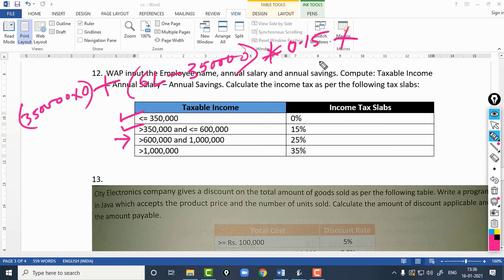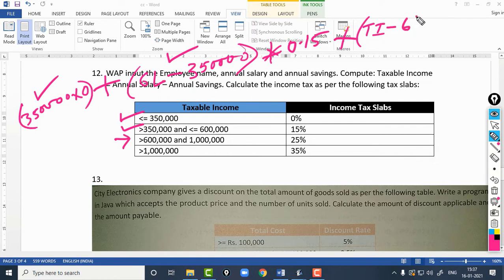Now, in the current slab, how much amount is left? We have already calculated for 3,50,000, and then 2,50,000 has been done here. So 3,50,000 and 2,50,000, that is 6 lakhs. We have already calculated for 6 lakhs. The remaining amount will be TI; out of TI, all 6 lakhs has already been taken into consideration.